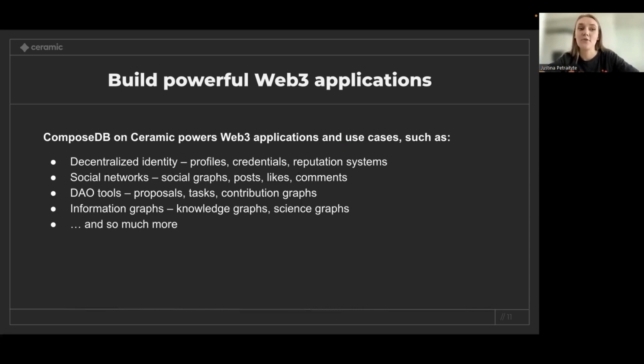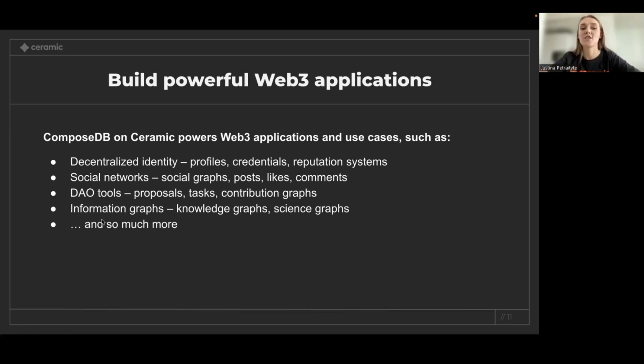We would really love to see more tools that would allow developers to build their reputation and bring that from one DAO to another with them, so that it wouldn't be siloed in different organizations, but would allow them to build their profile and reputation that they could bring to any other organization that they join.